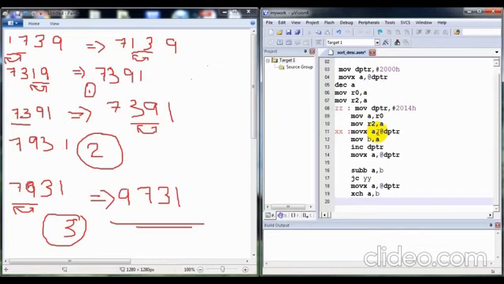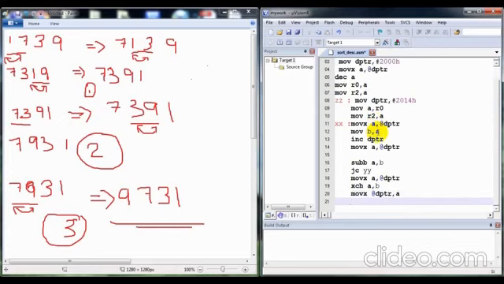Now we have to rewrite these values to the particular location. For that, we are using MOVX @DPTR, A. The value in A is written to the location. Now we have to decrement the location to save the value in B. For decrementing the location, we are using the command DEC DPL, decrement DPL.